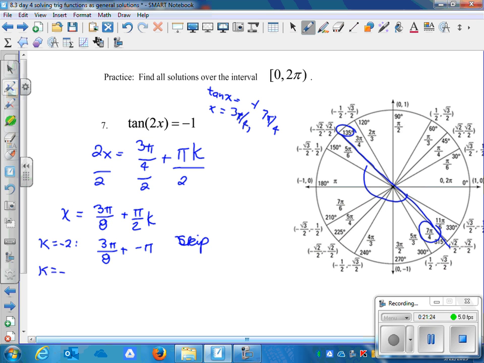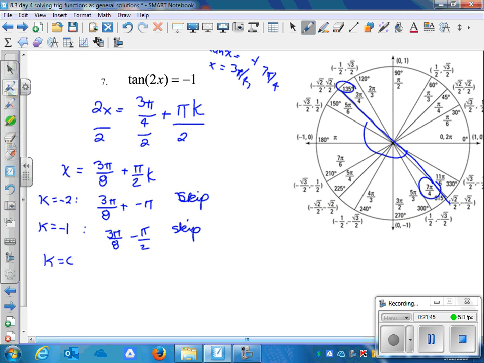So if k equals -1, we'll get 3 pi over 8 minus pi over 2, like that. And if we do common denominators for this, we'll also get a negative value. So we'll skip that one. So k equals 0. That will generate our initial value of 3 pi over 8. So that works. K equals 1. That will generate 3 pi over 8 plus pi over 2. We'll use a common denominator. That will generate 7 pi over 8. And that actually works. Then if we look at k equals 2,